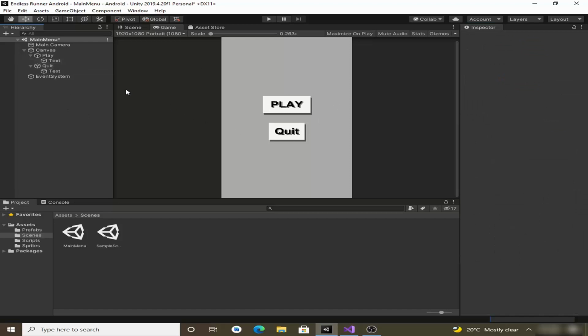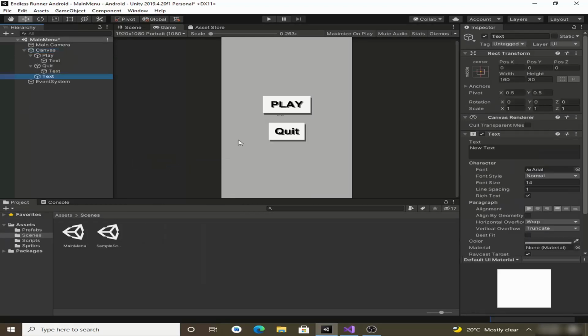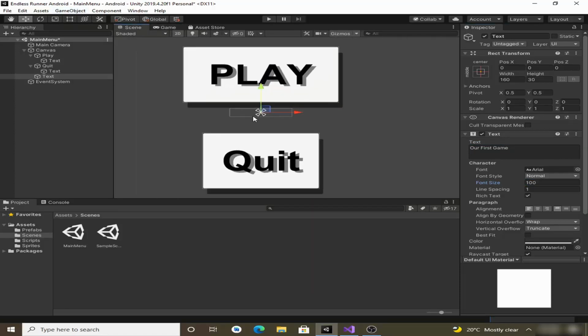Now you can also add a title by just right clicking on canvas and adding a simple text element. So we will call it our first game, or you can call it whatever you want, and we will increase its size. It is currently not visible because the text box is quite small. Let's click on this rect tool and we can expand this,